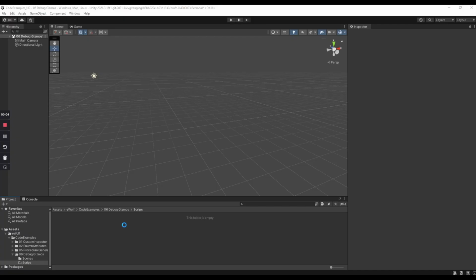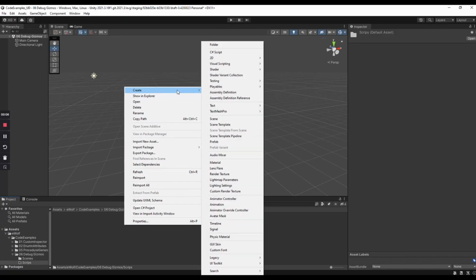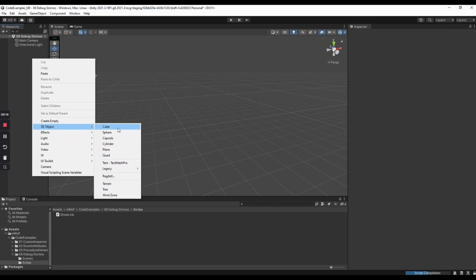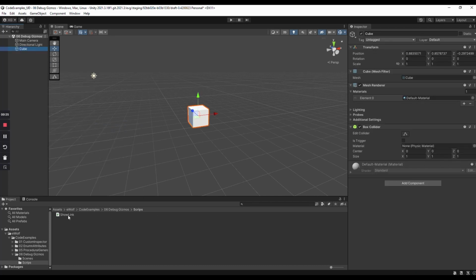Very first thing I'm going to do is create a new script, and this is going to be called just show links, and this is where the code's going to live. And then we're going to create a new cube. On this cube we're going to add that script, which is show links, and then I'm just going to copy the cube a couple more times and relabel them